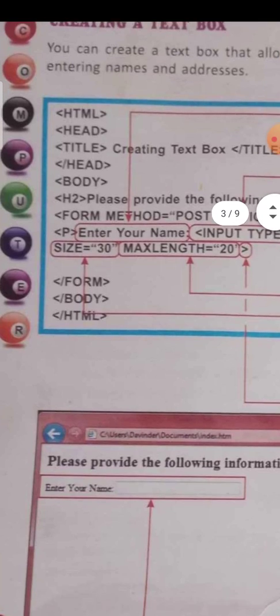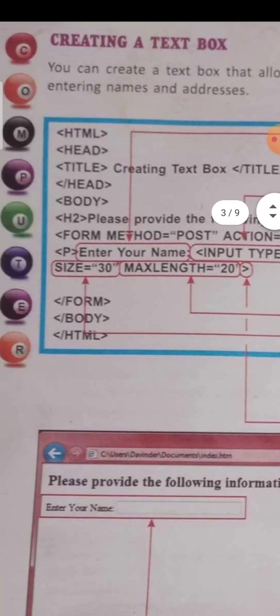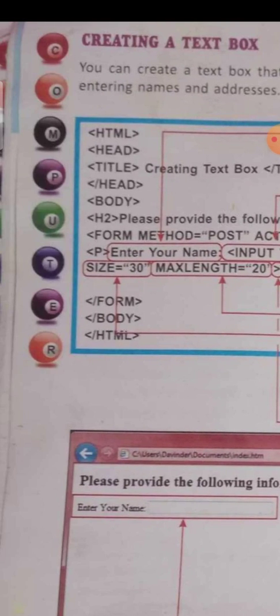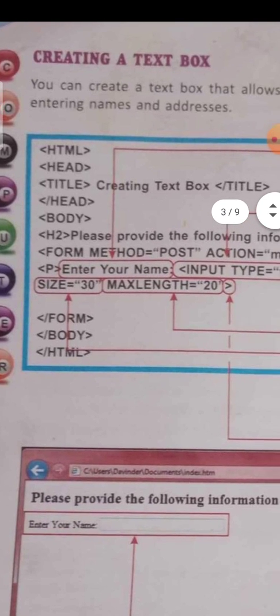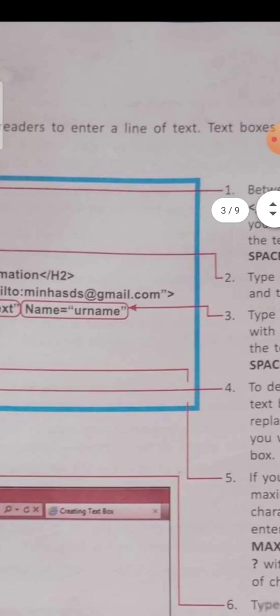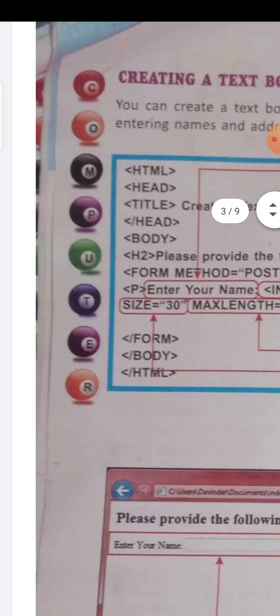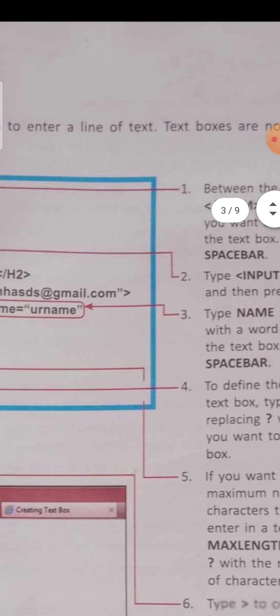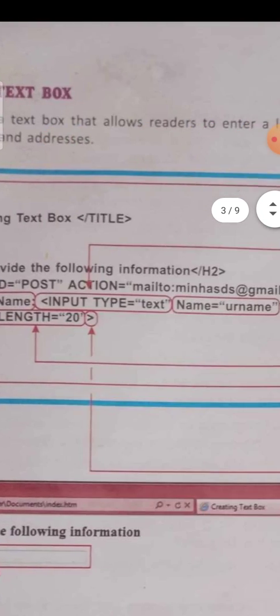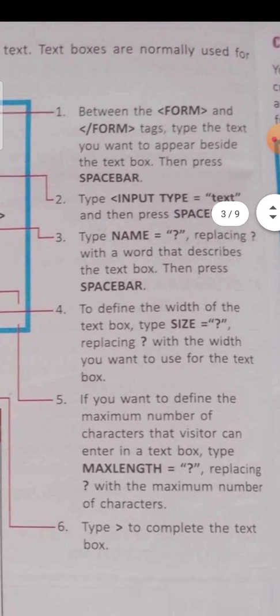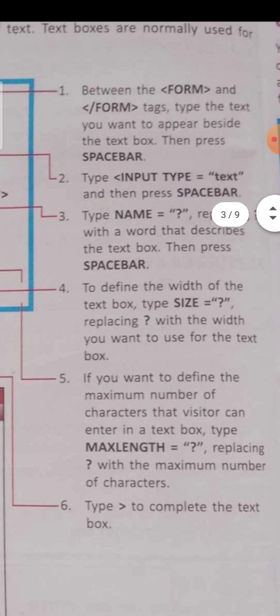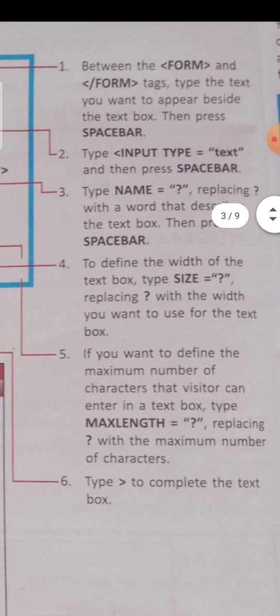Then size equal to 30. There are two parameters here: size equal to 30 and maxlength equal to 20. Let us talk first about size equal to 30. That is point number 5. If you want to define the maximum number of characters that a visitor can enter in a text box, type maxlength first of all.